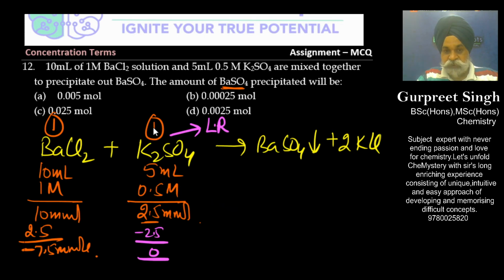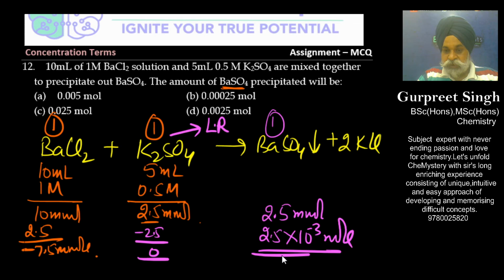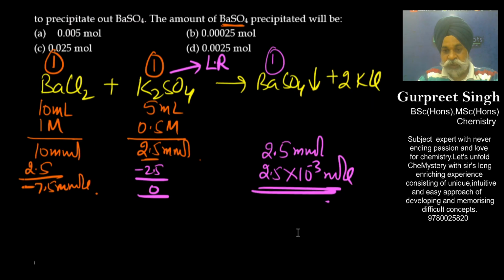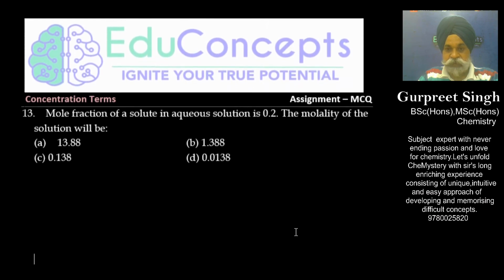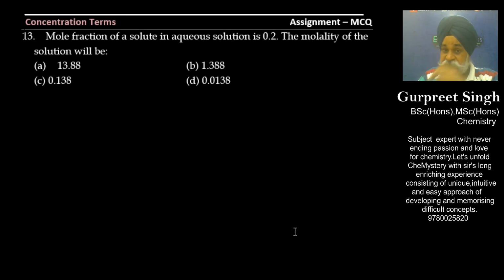used in the reaction. So 1 mole of potassium sulfate will give you 1 mole of barium sulfate. So the millimoles of barium sulfate which we get is this much, which is 2.5 into 10 raised to the minus 3 moles. So now you can see into the options. So this is already being suggested. This particular type of question we have just done a few minutes back.